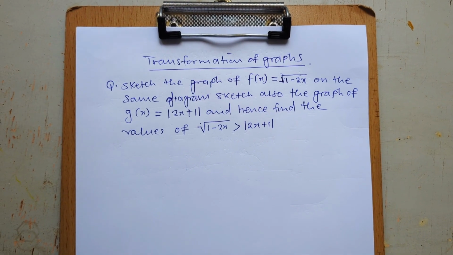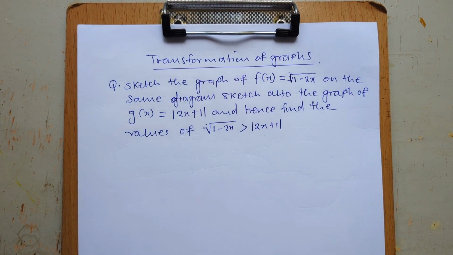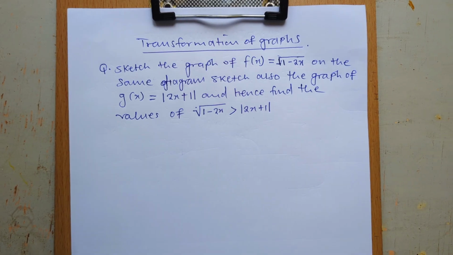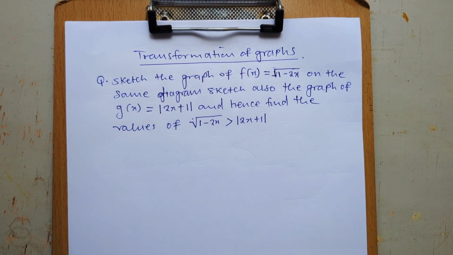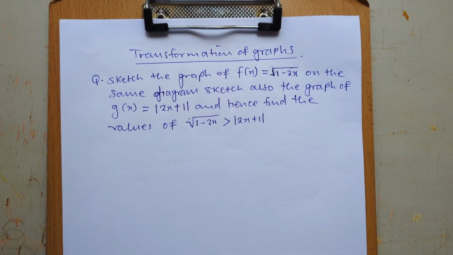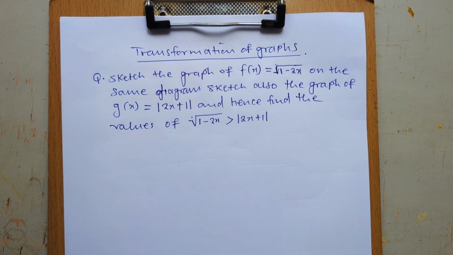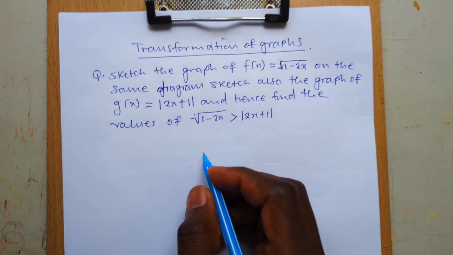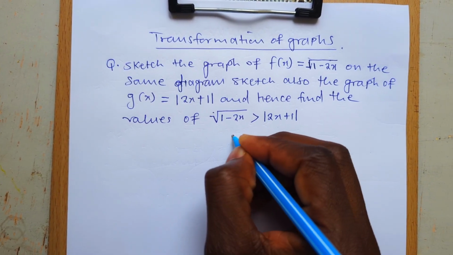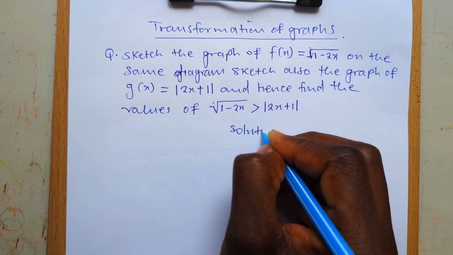Hi, welcome again. We have a problem now to solve using transformation of graphs. Of course, this problem requires us to draw two different graphs on the same diagram. How are we going to go about this? You need to make sure that you know how each and every function will be written in terms of